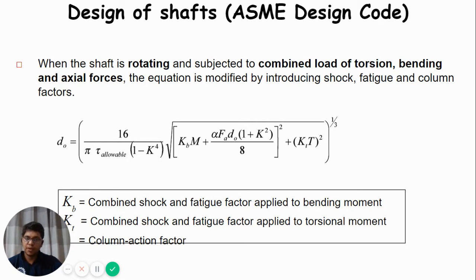Now, if the shaft rotates by 180 degrees, the material point on the top surface will come to the bottom surface. Then it is experiencing a change of stress from maximum tensile stress to maximum compressive stress. And in the next 180 degree rotation, it experiences the reverse phenomenon. So even if the bending moment is constant, whenever the shaft is rotating, the shaft material is experiencing completely reversed stresses. It changes from maximum tensile stress to maximum compressive stress during the rotation, if the cross section of the shaft is circular in nature.